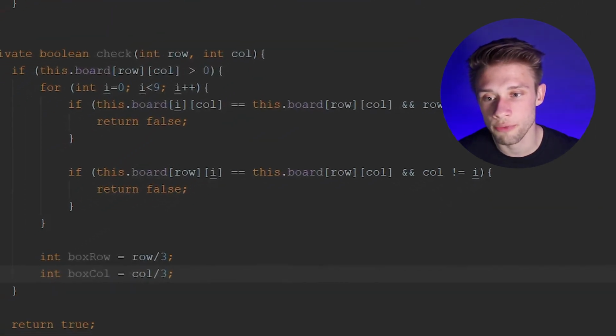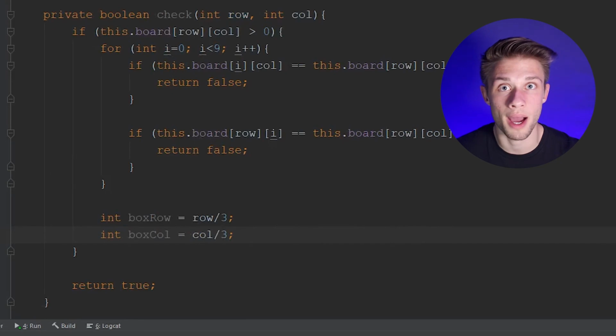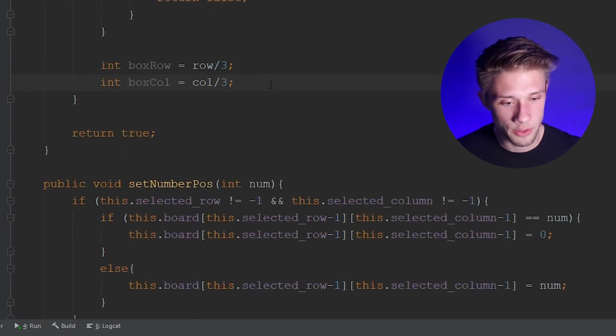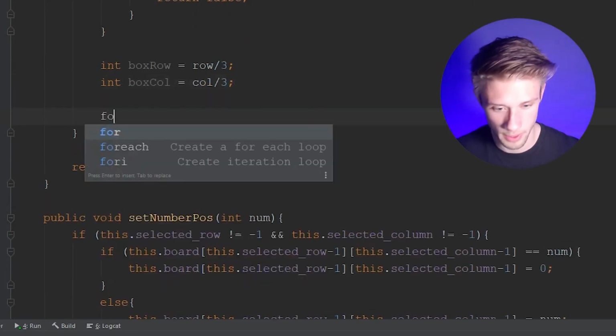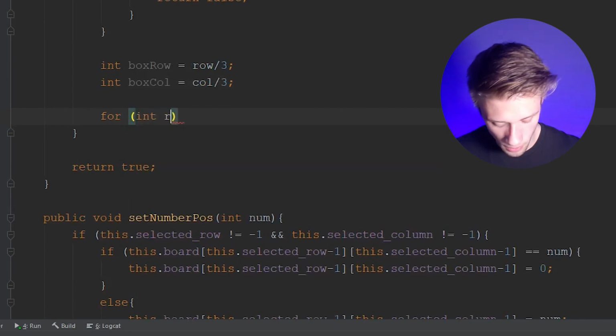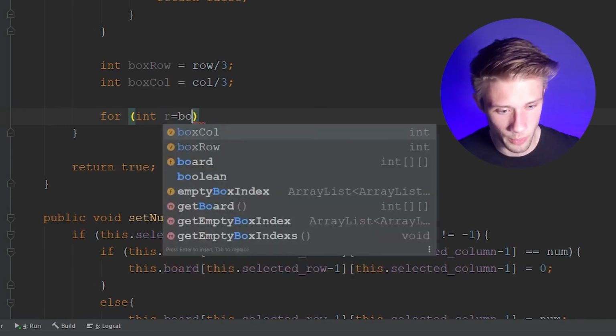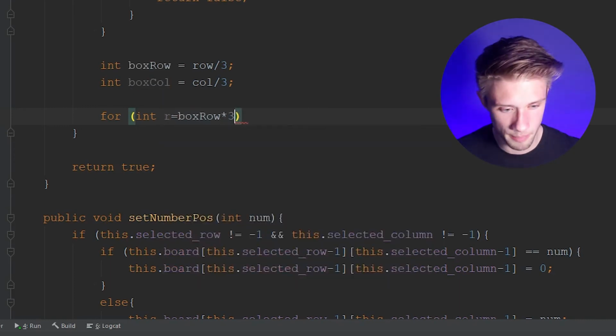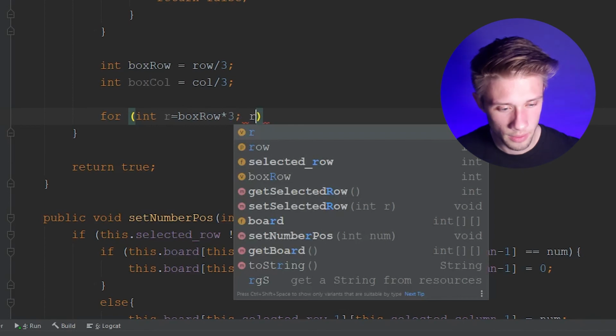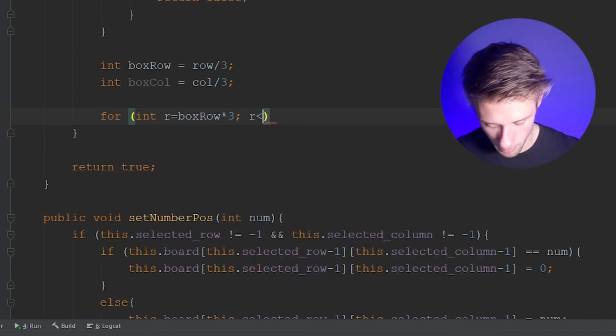So you can see that we place in any value within here, and we can get this top left-hand corner, and then we can use a for loop to iterate through our entire box. So let's go ahead and do that. We can create 2 nested for loops. So we can go for int r equals our box row, not our box column, our box row, times 3, and then we're going to go while r is less than our box row times 3 plus an extra